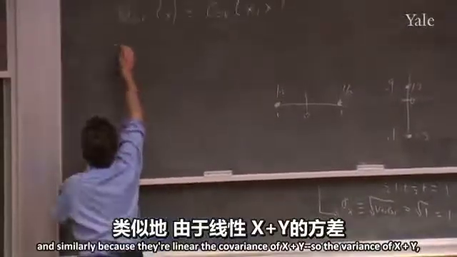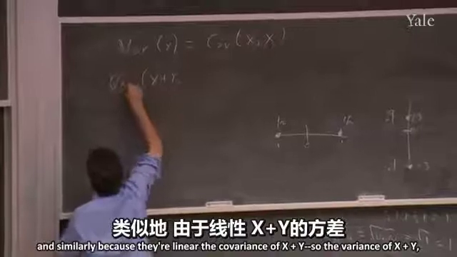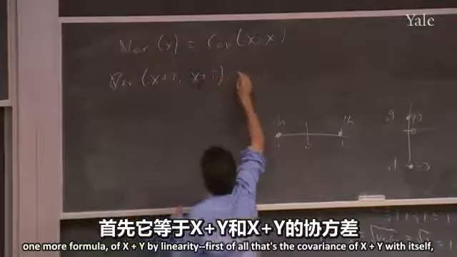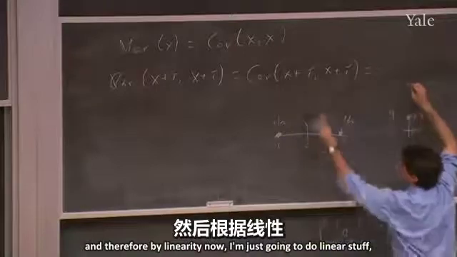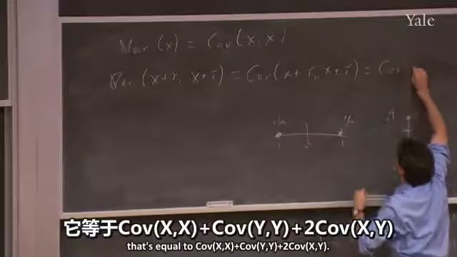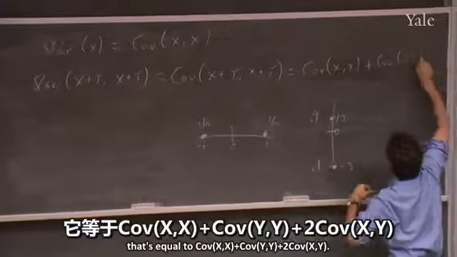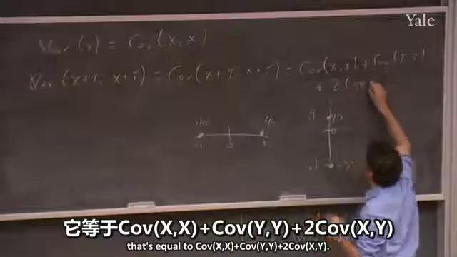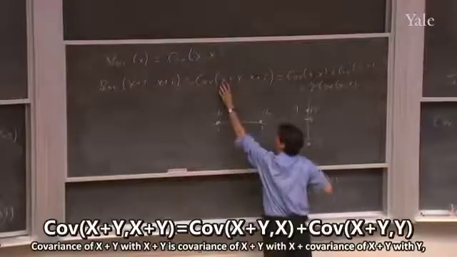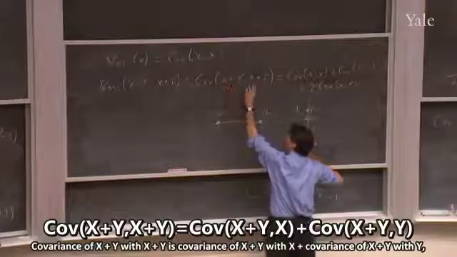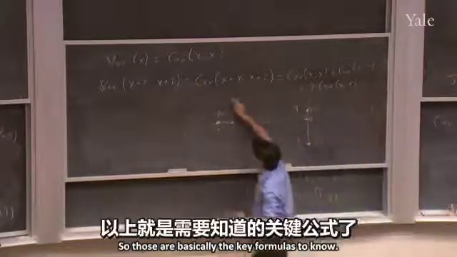Okay? And similarly, because they're linear, the variance of x plus y, one more formula, by linearity, well, first of all, that's the covariance of x plus y with itself. And therefore, by linearity now, I'm just going to do linear stuff. That's equal to the covariance of x with x, plus the covariance of y with y, plus 2 times the covariance of x with y. Since it's linear, I just do the linear parts, right? Covariance of x plus y with x plus y is covariance of x plus y with x plus covariance of x plus y with y. Then I repeat the linearity thing and I get down to that. Okay, so those are basically the key formulas